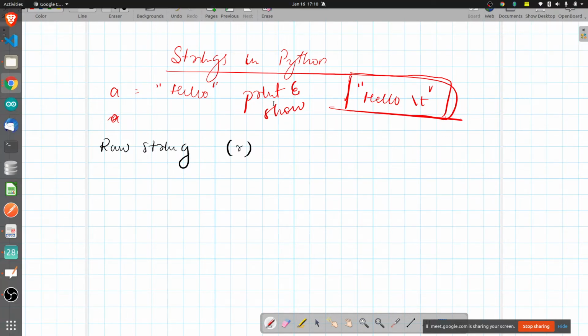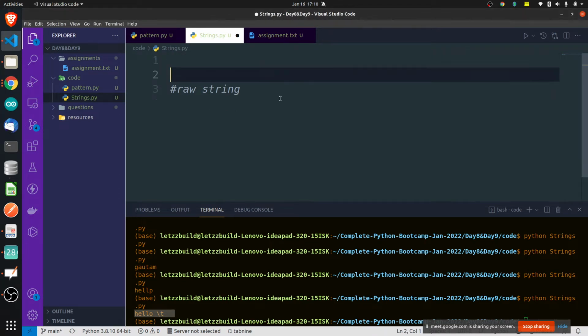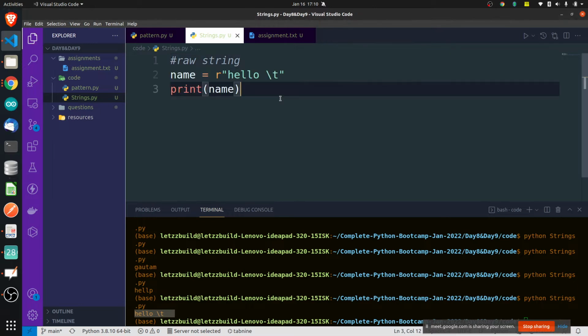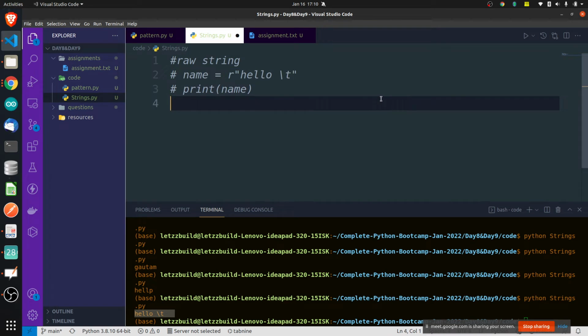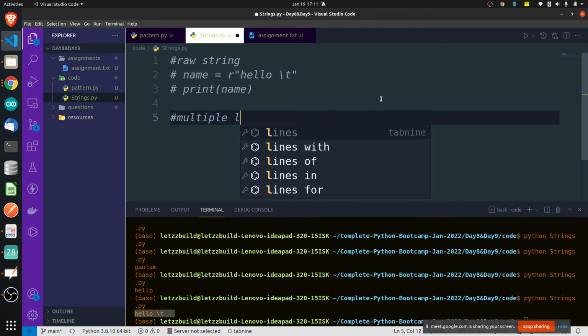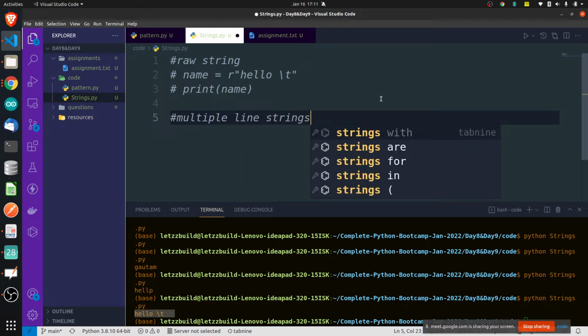Perfect. If raw string is clear, let's try to do one more thing. Let's see how to print multiple line strings. How do you print multiple line strings?